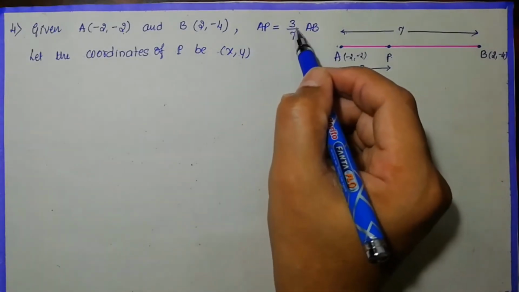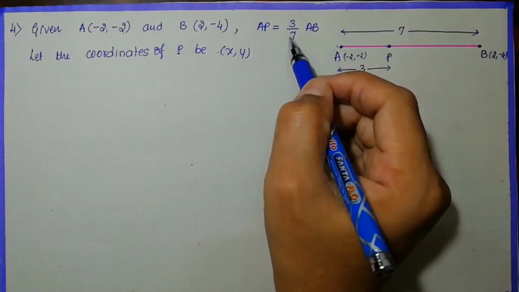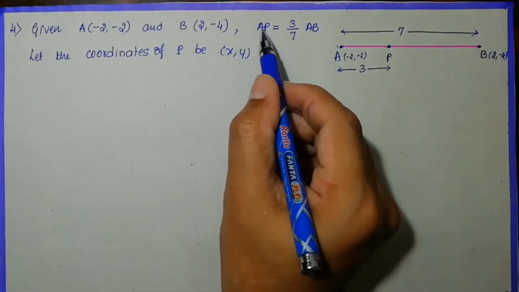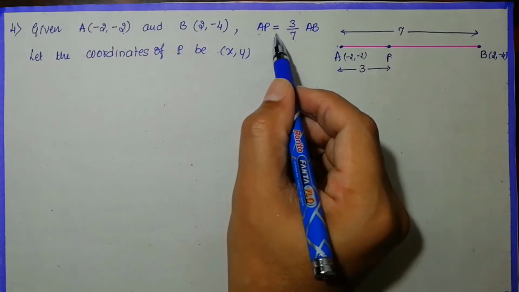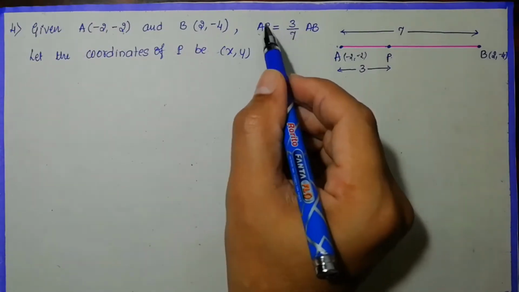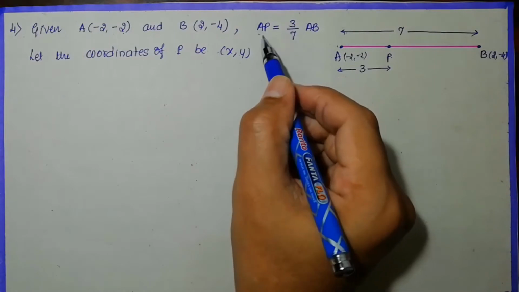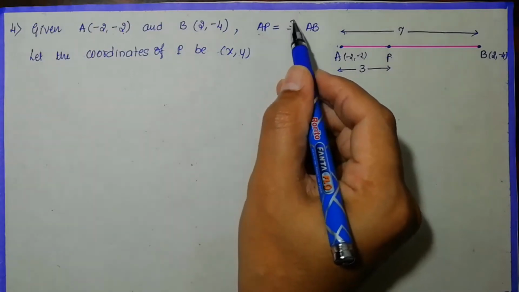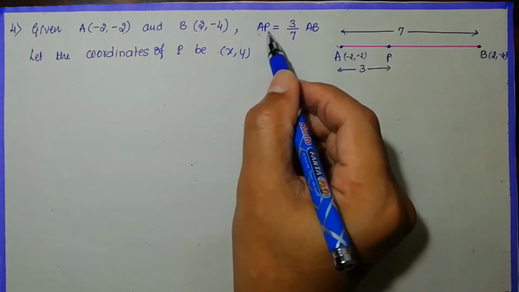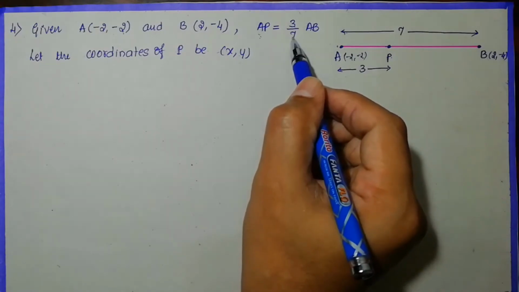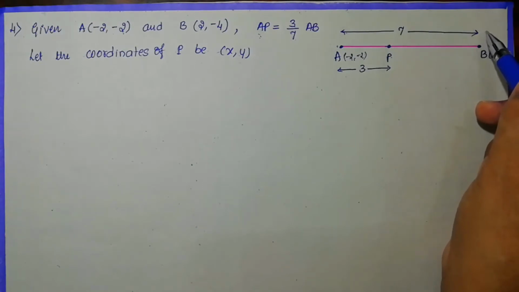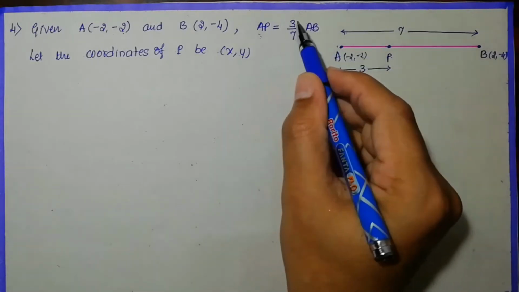Now look at here. AP is equal to 3/7 AB. It is given like this. If you consider this ratio, if you cross multiply AB towards the left side, it becomes AP divided by AB is equal to 3/7. Now AP means 3 is present, AB means 7 will be present. I'm not going to write it down, just look. AP means 3. If you cross multiply, AB comes in the denominator. AB means 7. So totally AB is 7. It is not an accurate measurement. Try to understand, it is actually a ratio. So AB is 7, AP means 3.